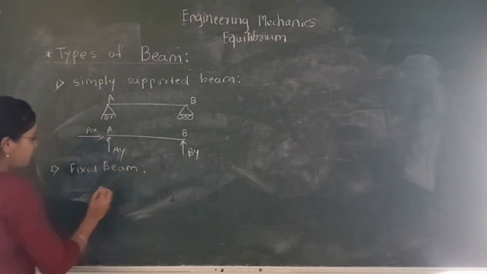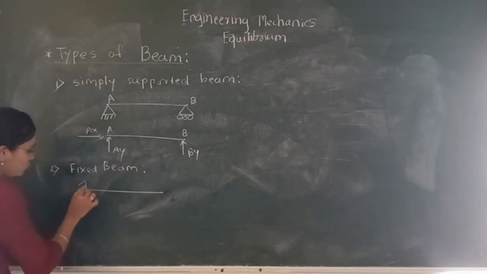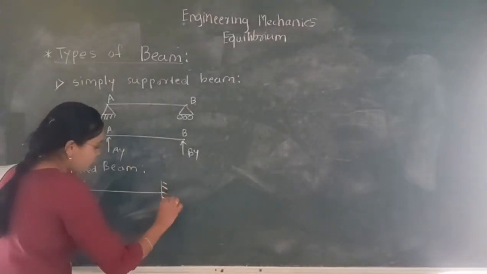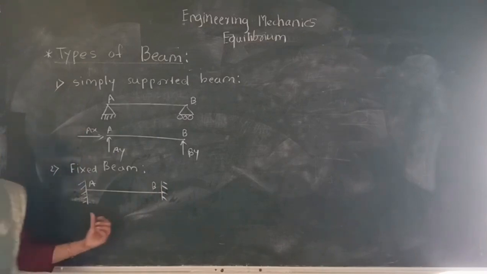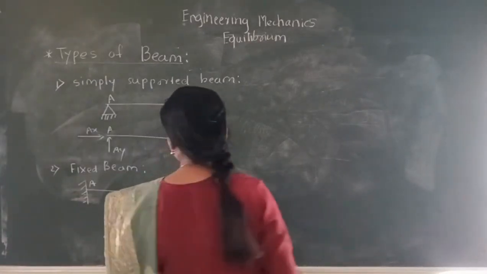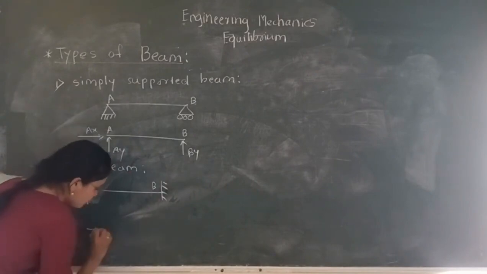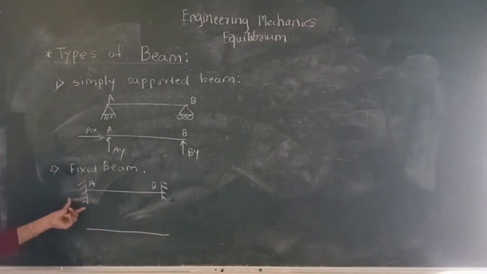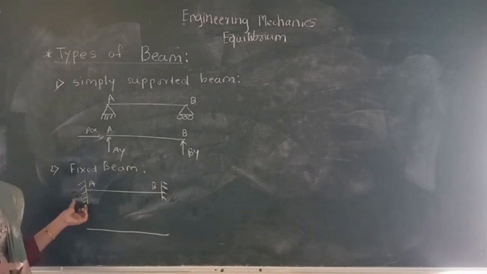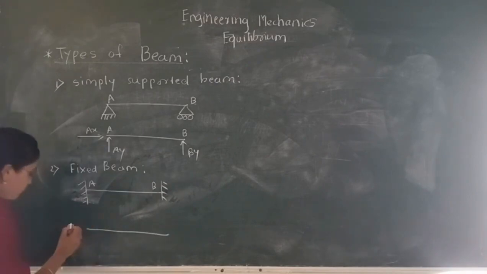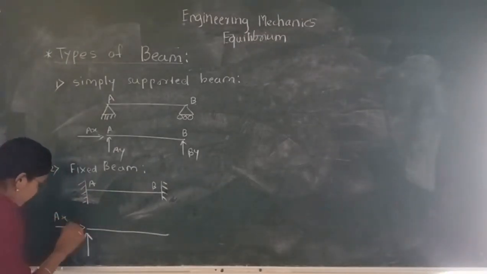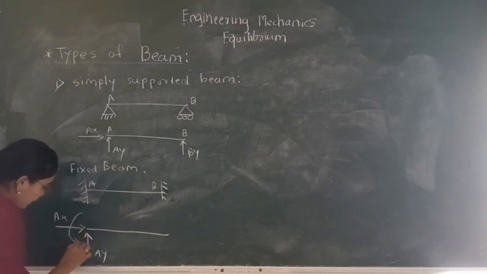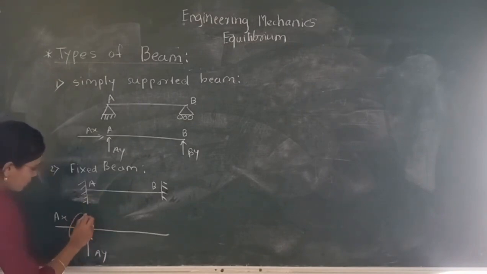What is meant by a fixed beam? A beam having two supports which are both fixed is called a fixed beam. If we draw the free body diagram for this support, a fixed support shows three restricted actions: rotation and two linear motions. So the number of reactions generated will be 3, that is Ax, Ay, and the moment in rotation,